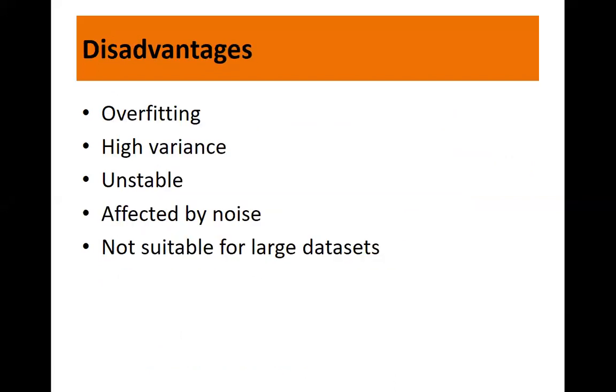Now, what are the disadvantages? The very biggest disadvantage of the decision tree is overfitting. You can say this is the main problem of the decision tree. It generally leads to overfitting of the data, which ultimately leads to wrong predictions. In order to fit the data, even the noisy data, it keeps generating new nodes, and ultimately the tree becomes too complex to interpret as the depth increases, right? So it loses its generalization capabilities.